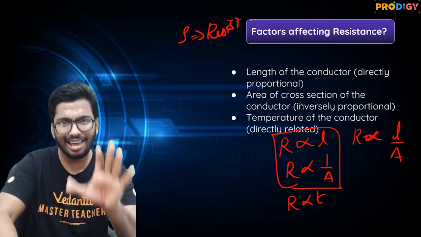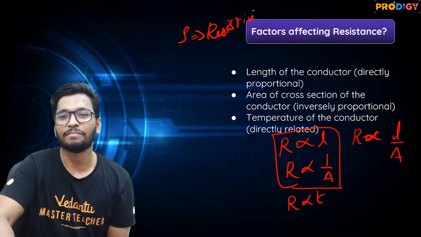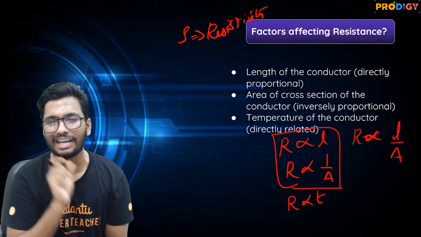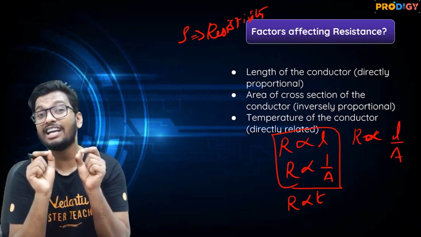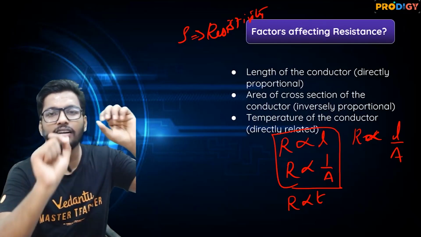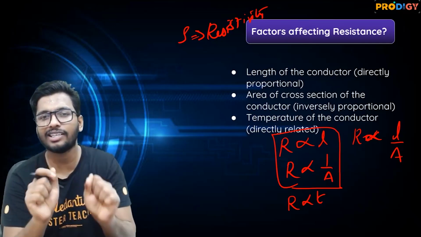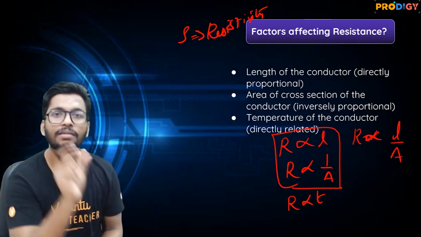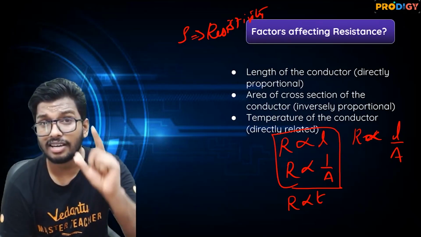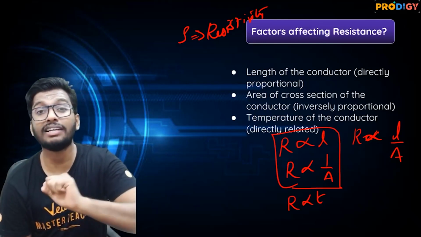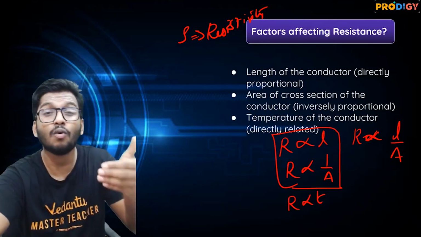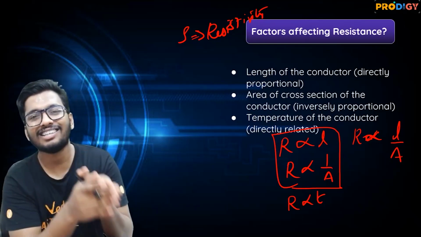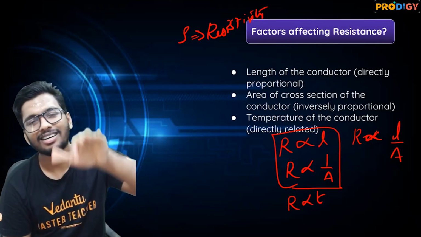What is resistivity? Let me tell you that also. Relax, calm down, I'm here. Resistivity is nothing but the resistance offered by a material of unit length and unit cross section. If I take 1 centimeter length and 1 centimeter square cross sectional area, what is the resistance offered by that particular material? That is what is resistivity. And hear me out, guys. Resistivity is the property of the material. Every single material has its own resistivity. It's not that every single material has the same resistivity. When the resistivity changes, resistance also changes. As the resistivity increases, resistance also will increase.